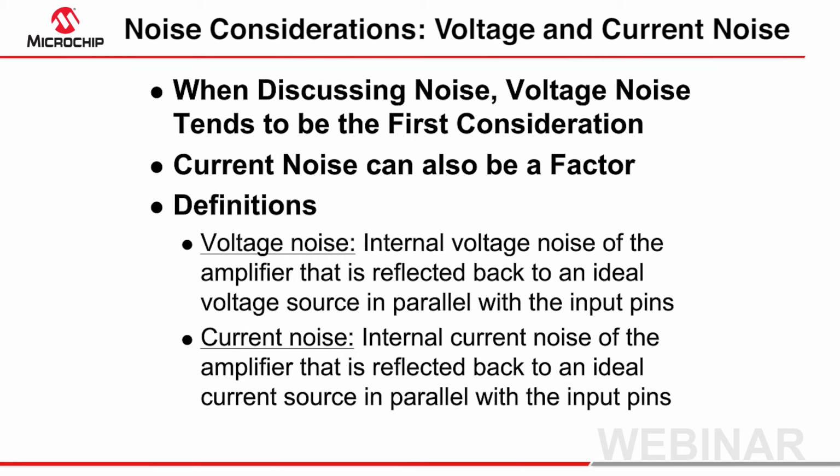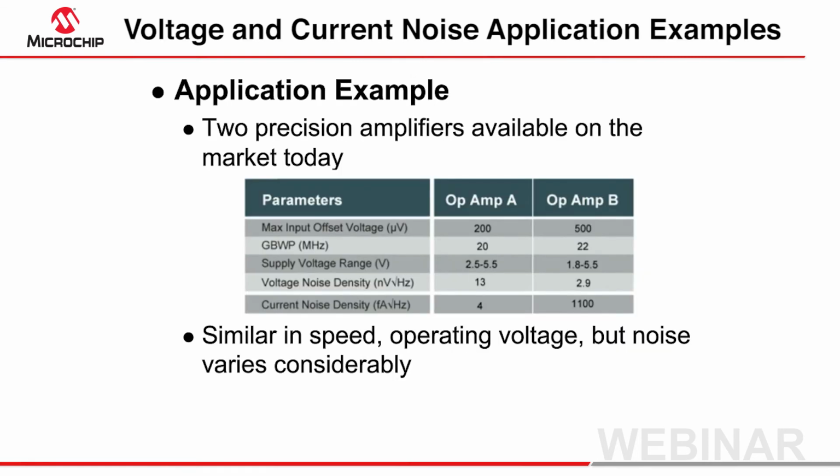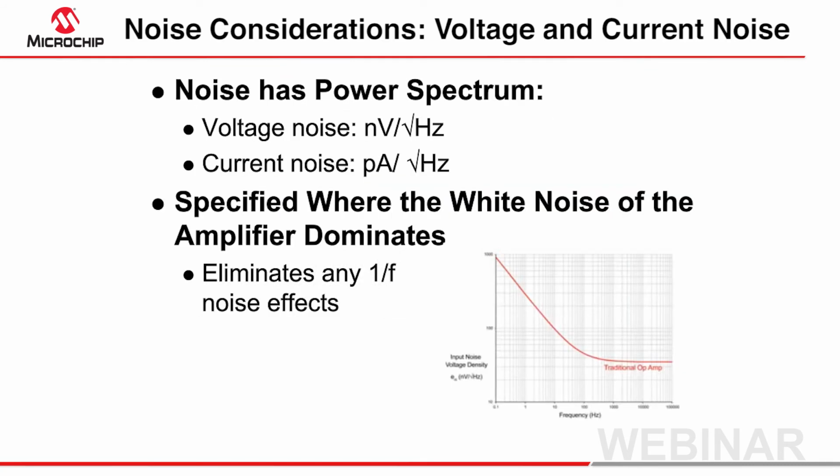In most cases, amplifiers will tout the voltage noise specification of an amplifier when discussing noise. Although this is an important specification, it is not the only one in terms of noise. Current noise may actually be a bigger concern. Keep in mind that noise has a power spectrum, which is why the bandwidth or frequency is part of the density unit. Both of these noise specifications are specified where the white noise of the amplifier dominates, hence eliminating the